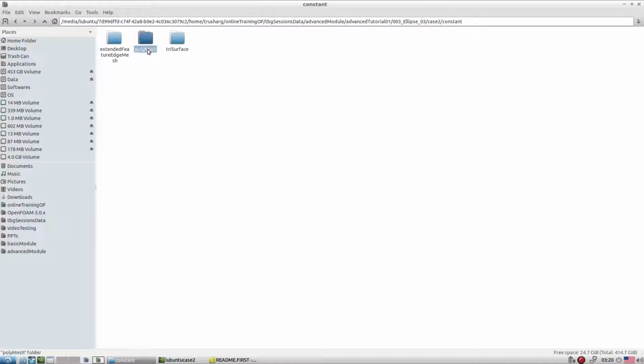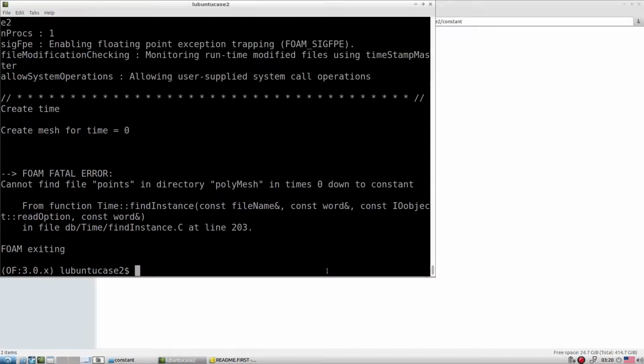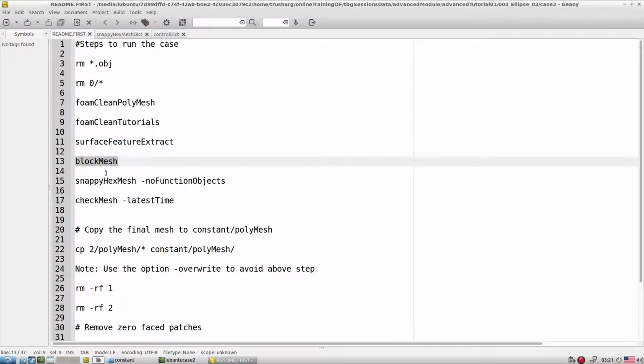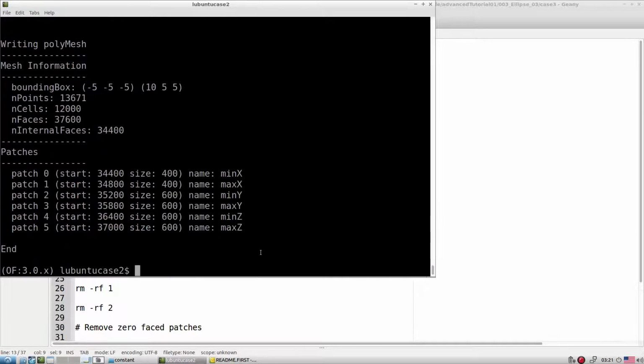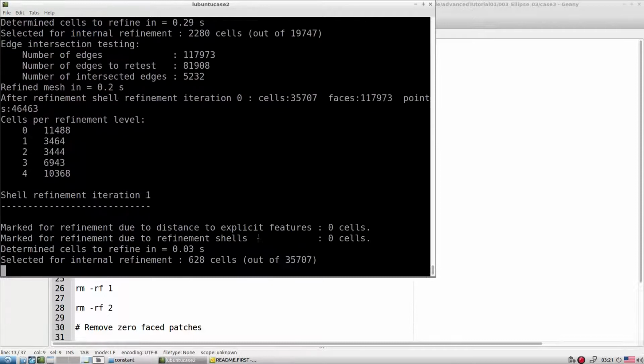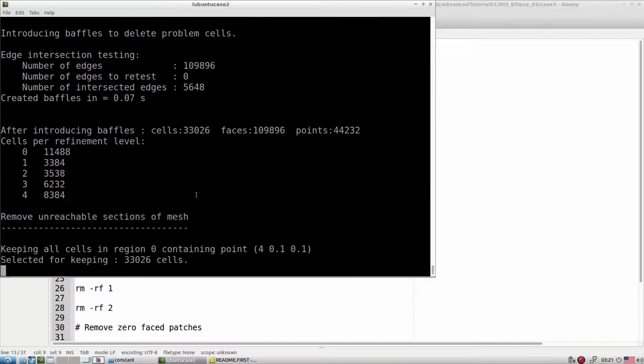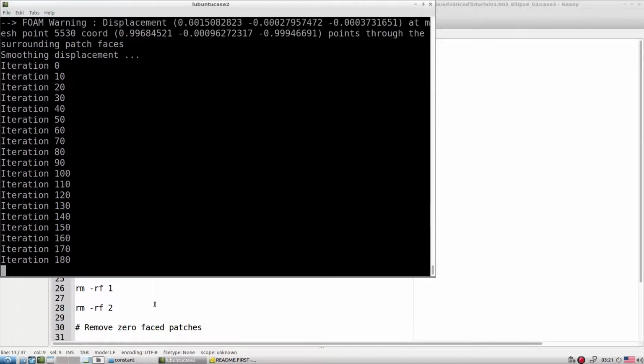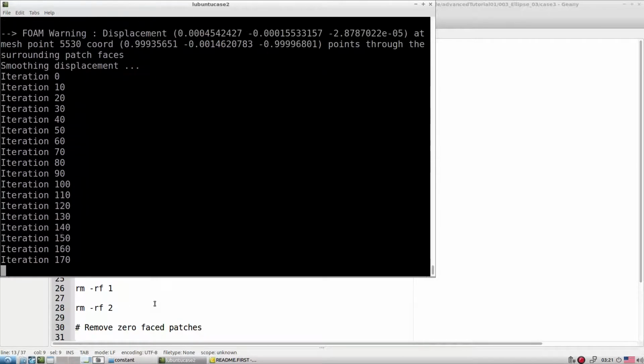That means, let me delete this polyMesh folder. Sorry, because we deleted the blockMesh, that's why it's giving us an error. So let me first do the blockMesh, then let it run. After this, immediately the final mesh is copied inside the polyMesh area, and you can directly start working on it.